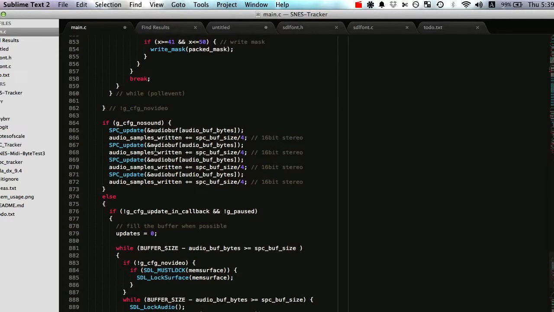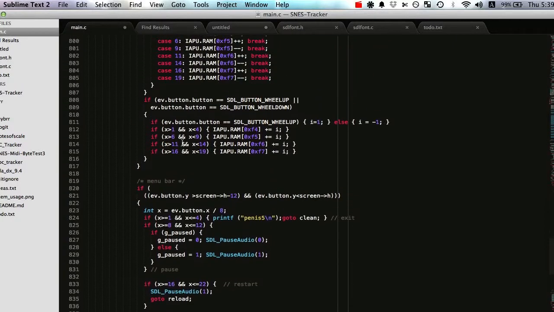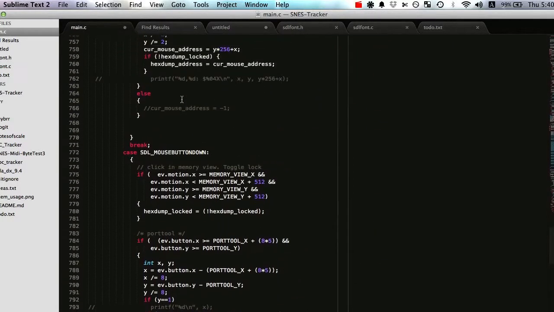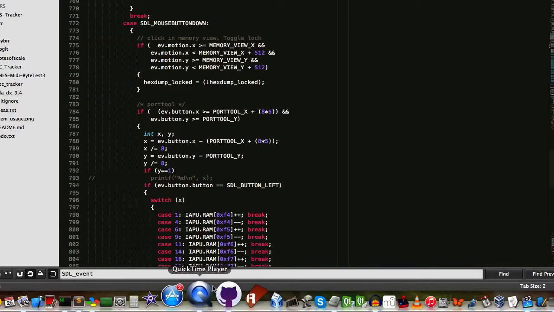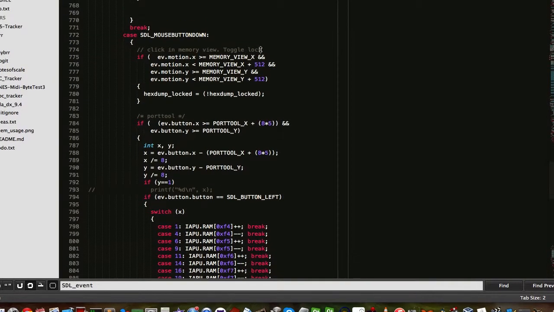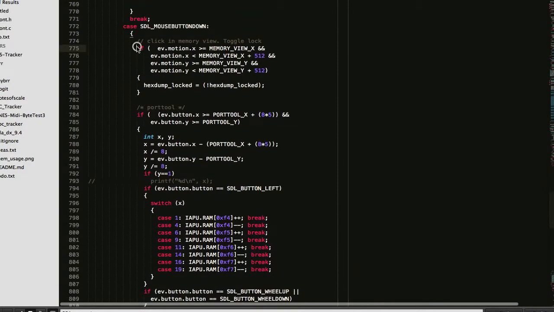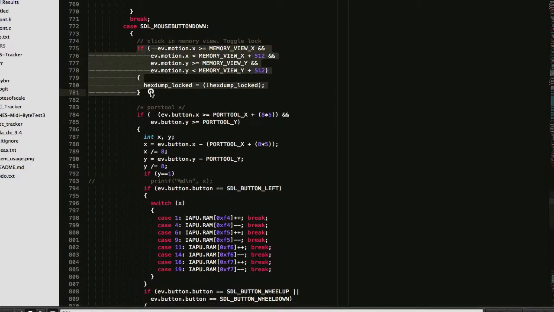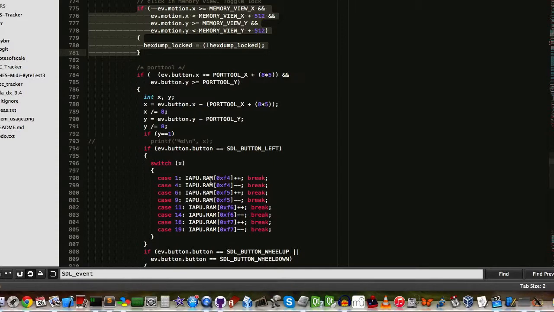So I have no idea how it currently works, so good luck to me. SDL mouse button down. So here is a check for if it's in the memory view to toggle the lock. Cool. I can use this as a template for the check later